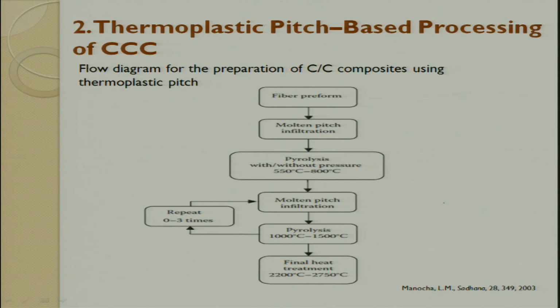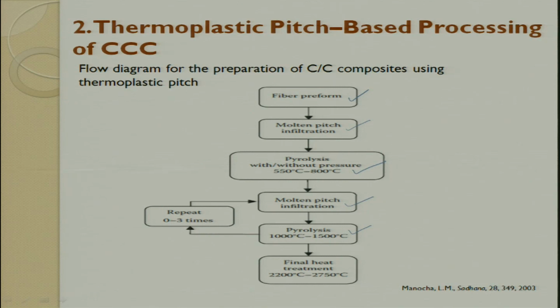So, this is the route flow chart for making it. Fiber is taken in a preform, and then we put the molten pitch, infiltration is done. Fiber preform, molten pitch infiltration is done, then pyrolysis is taken care of. The molten pitch infiltration happens, then we do one more round of pyrolysis, and we keep repeating these steps